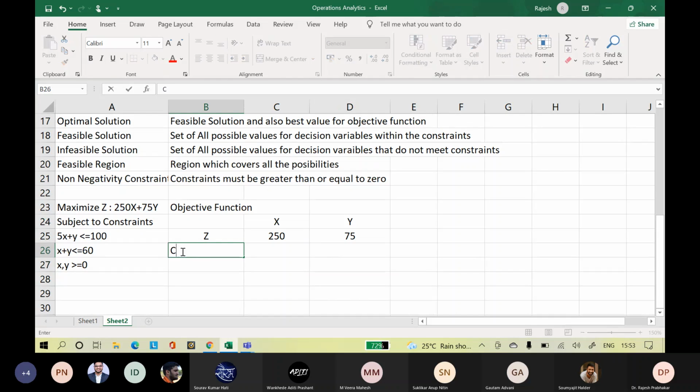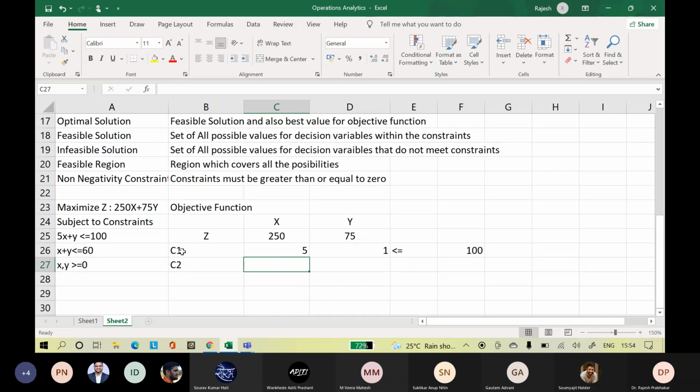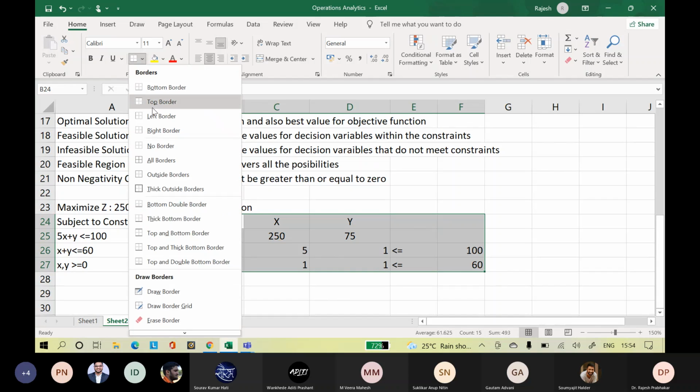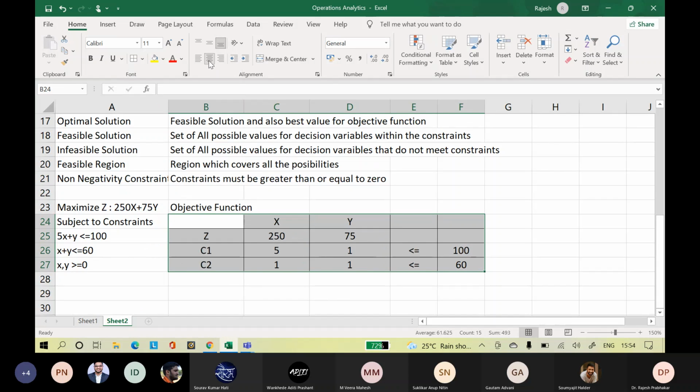Now let us put our constraints. Constraint 1: the coefficients are 5x and 1y, less than or equal to 100. Constraint 2: 1 comma 1, less than or equal to 60. So we have put the model into our spreadsheet. We have inputted the values into our spreadsheet.